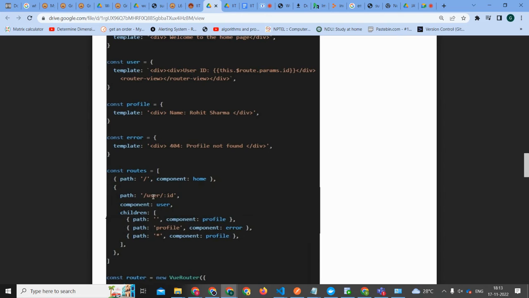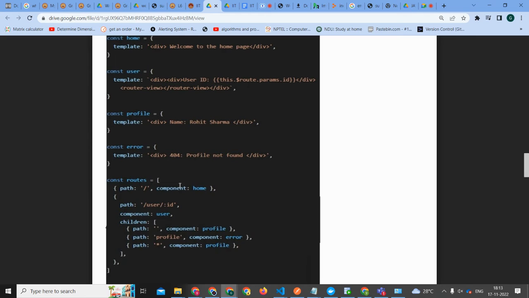Slash user will render where the path is slash user slash ID. So ID is one. Slash user slash one slash profile will go to